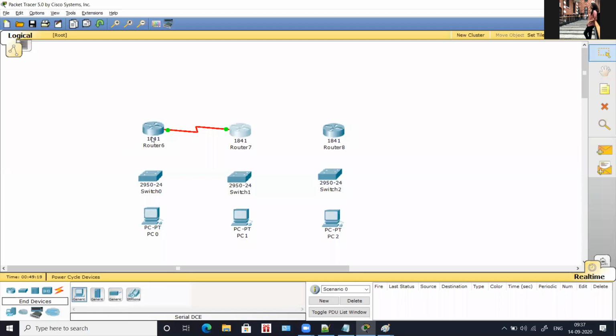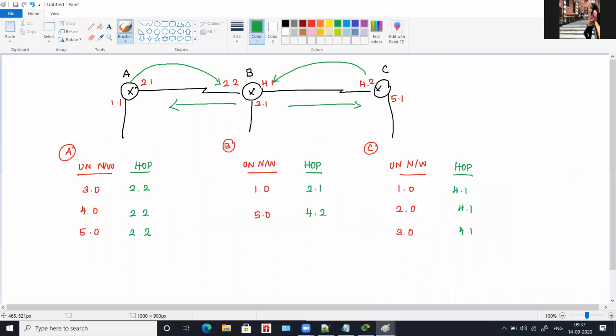And again, you will assign IP for this fast Ethernet interface, for this fast Ethernet interface, and for this fast Ethernet interface. Like how you did yesterday, you're going to assign IP. And then you will assign IP for computers, and then finally you have to verify.